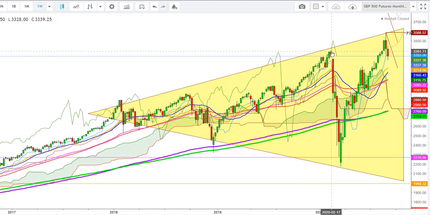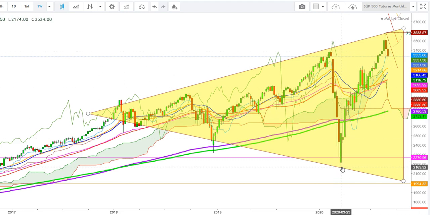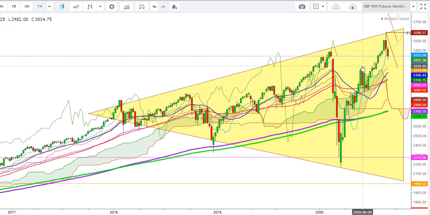And finally the S&P 500 futures started a steep downward move on February 20th, which continued up to March 23rd, when the S&P 500 futures tested the lows of 2183. And here you can see that when the S&P 500 futures found a strong reversal from these levels, immediate resistance was once again at the 200 days moving average, where you can see that the S&P 500 futures finally broke this stiff resistance level of the 200 days moving average and continued this uptrend and found some resistance at the levels of